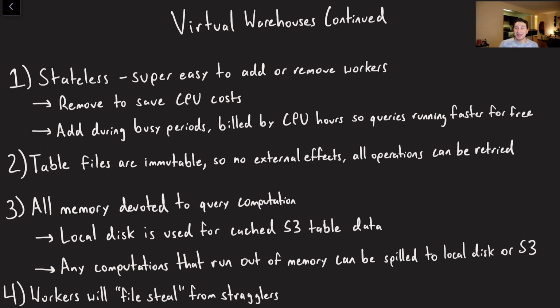We're going to talk about these a little bit more because this is kind of the bread and butter of Snowflake. It's why it's going to work well, or perhaps why it's going to work poorly as well. So a nice thing about virtual warehouses is that they're effectively stateless, right? Because they're only really doing caching, and because caching is not necessary for correctness, it's necessary for performance but not correctness, you can basically kill these things off and add them back as need be, right? And that consistent hashing mechanism is going to make sure that everyone is caching the right stuff. And so what's really good about this is it's super, super important for elasticity.